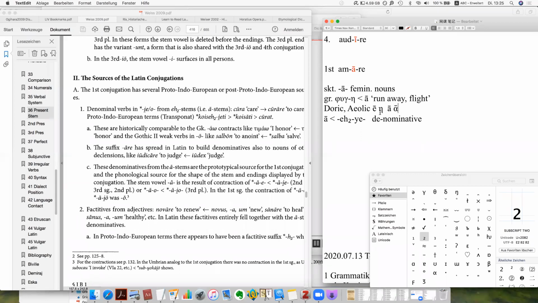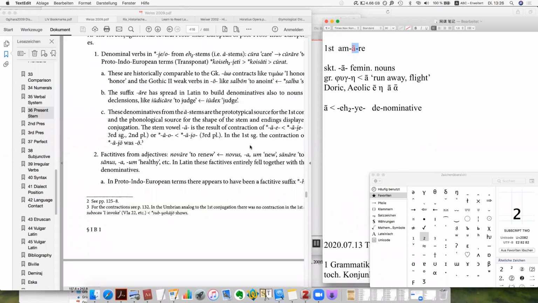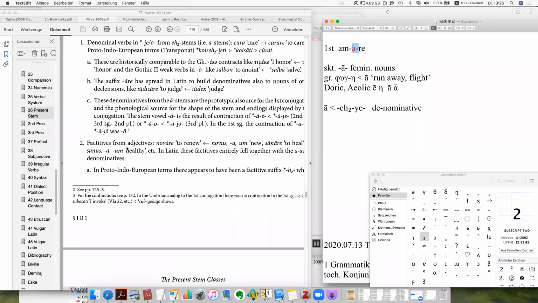Okay, so this is actually one of the most important origins of the first present in Latin. Okay, and then you can see here's all the examples. So this is basically the most important thing. And the other categories are basically the same, because this a can be derived from actually a noun or